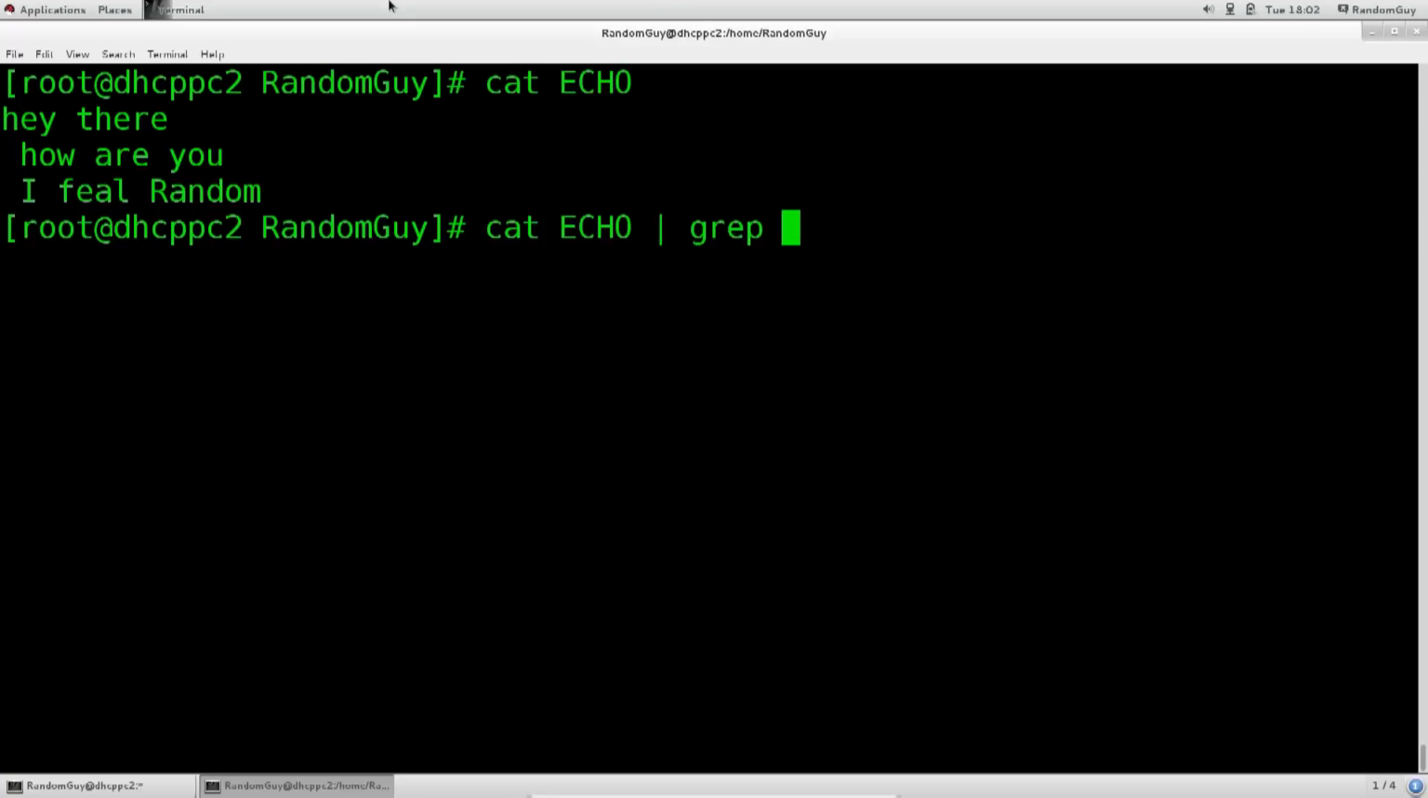whatever you plan to put into standard output, pass it to grep, and then grep will actually pull something out of here. Let's say I want grep to pull, I don't know, "hey". Pull hey. Excellent. So you see it has printed out the line "hey there", but